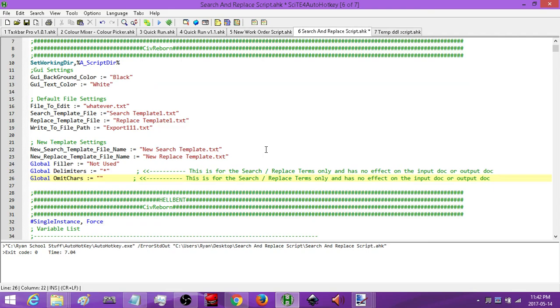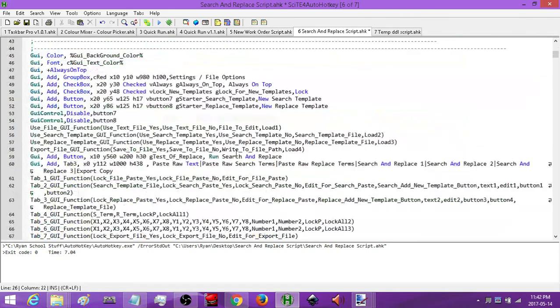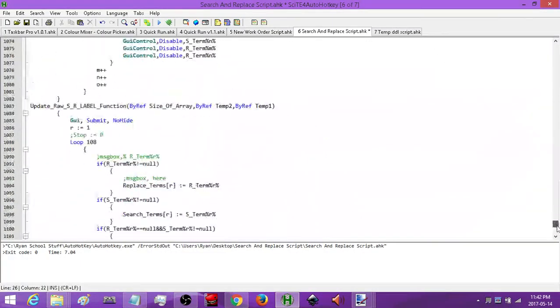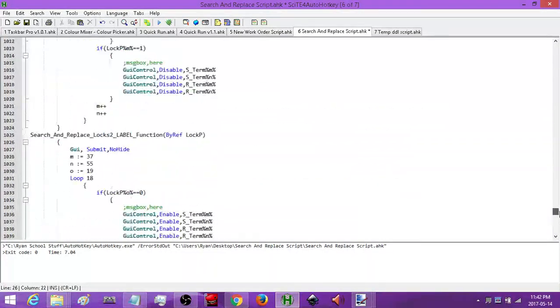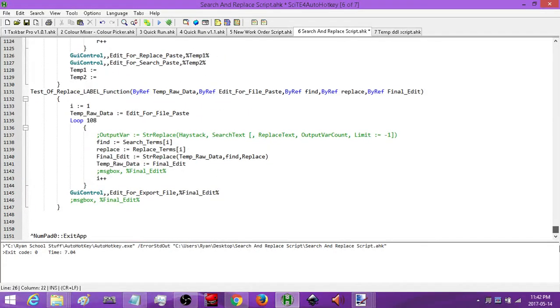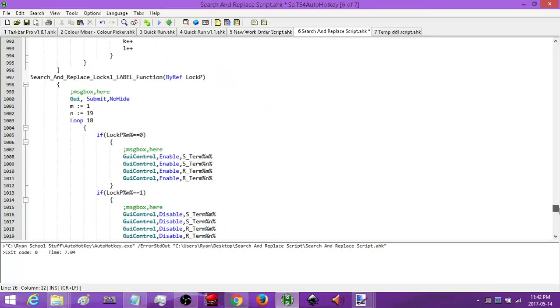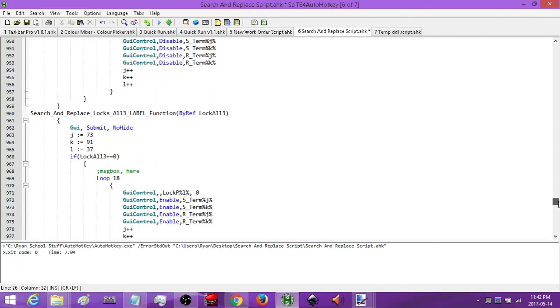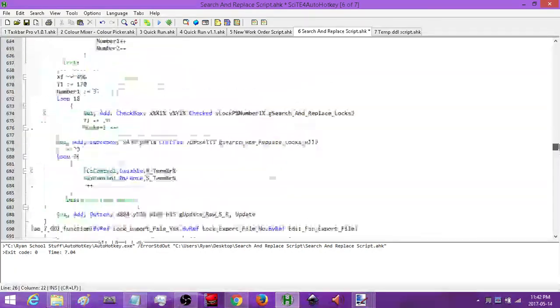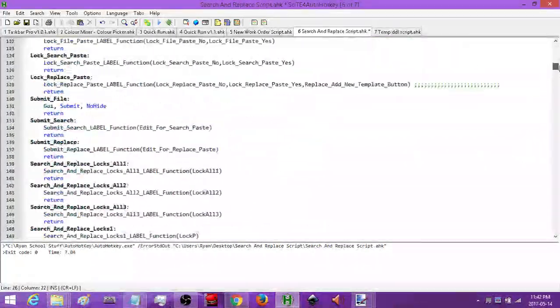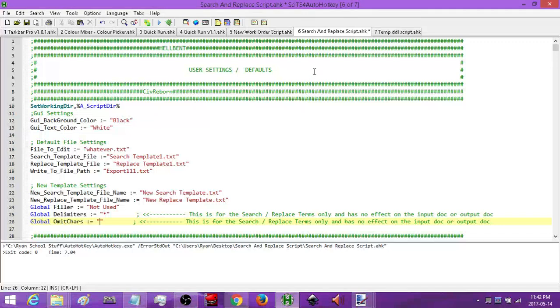Any alterations you want to make on this, if you know how to do scripting, you're welcome to try to read through this script and make any alterations. You can add new buttons in, etc. But I didn't write this specifically for you to be able to come in and make changes to it. So if you're not well versed in doing scripting, you probably don't want to actually come into it and mess around. I think that covers